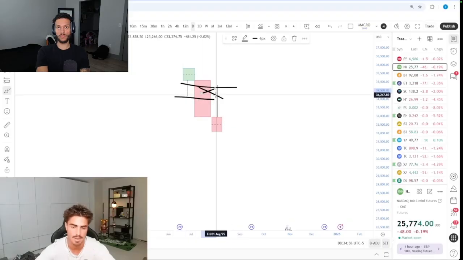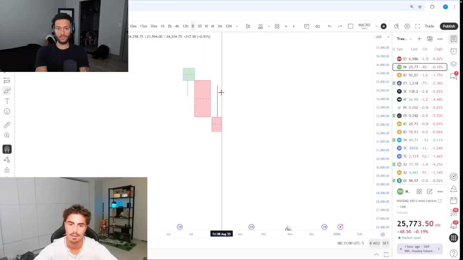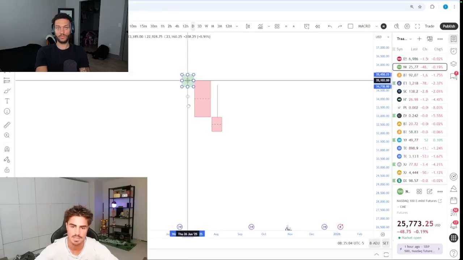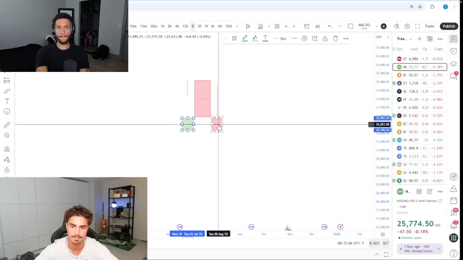This is not an imbalance of price action. Same thing to the upside, okay? If this is a bullish fair value gap,